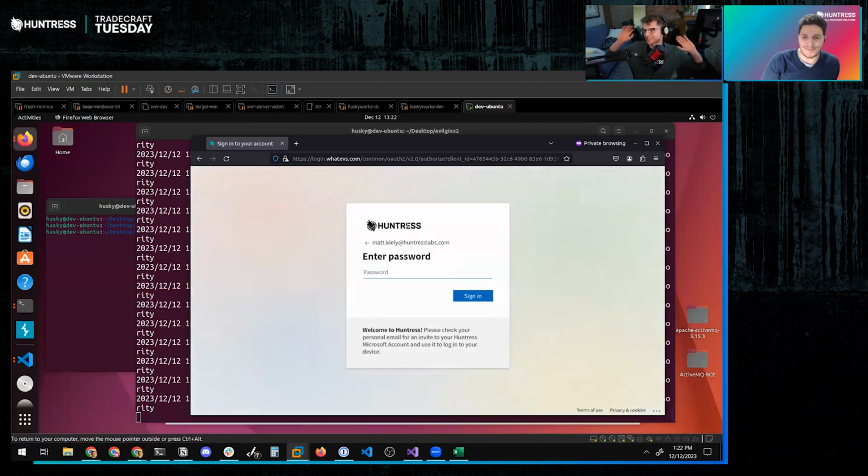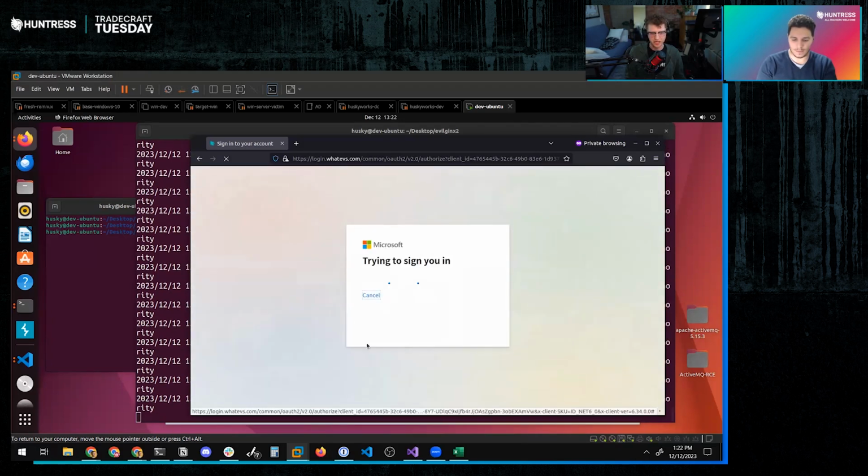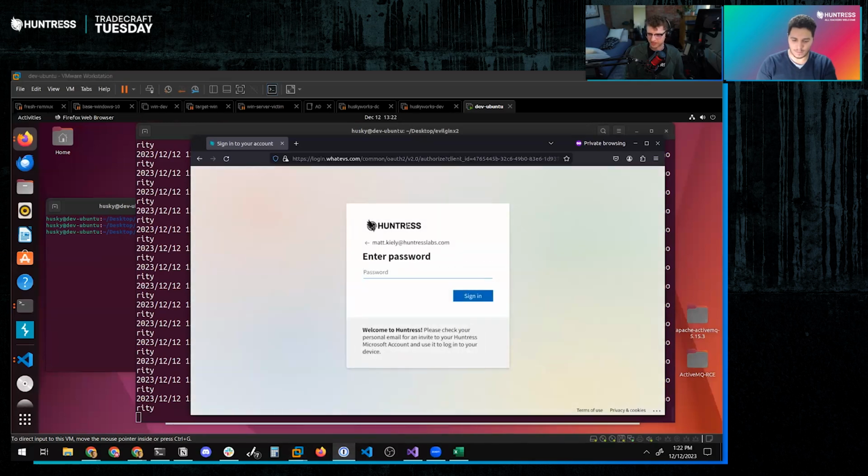Here we go. Okay, so just as a follow-up, Evilginx passes through any of the icons that your organization may use. You just saw that if I, as Matt at Huntress, have been duped into signing into this, and I rely on the Huntress logo to make sure that I'm signing into the right area, well, Evilginx is going to pass that through to me, and that's kind of terrifying. But in any case, I have a test tenant that I can use for this.